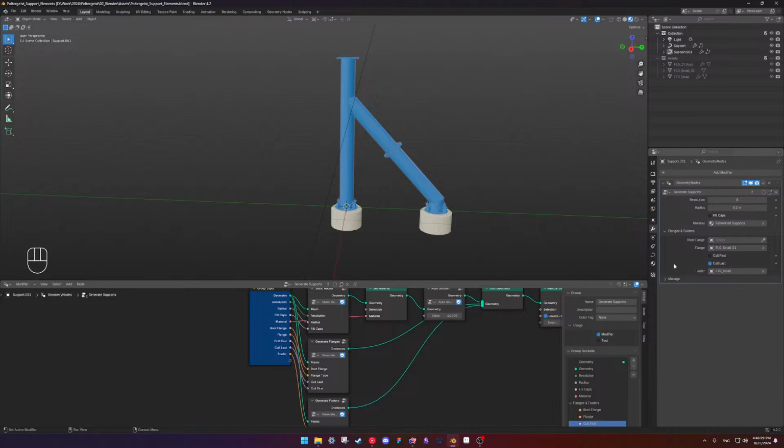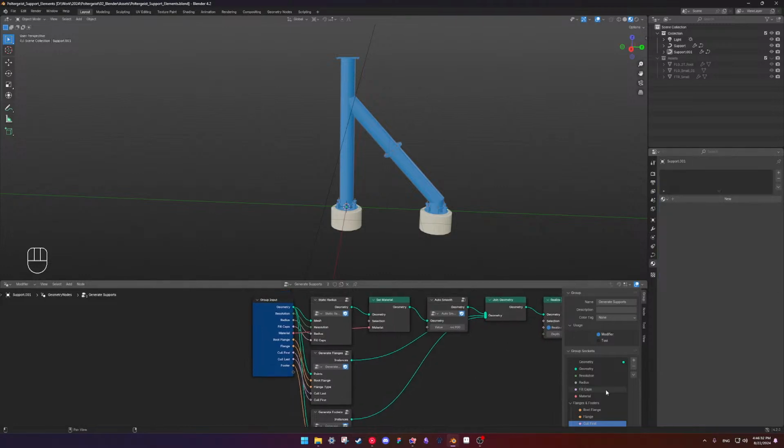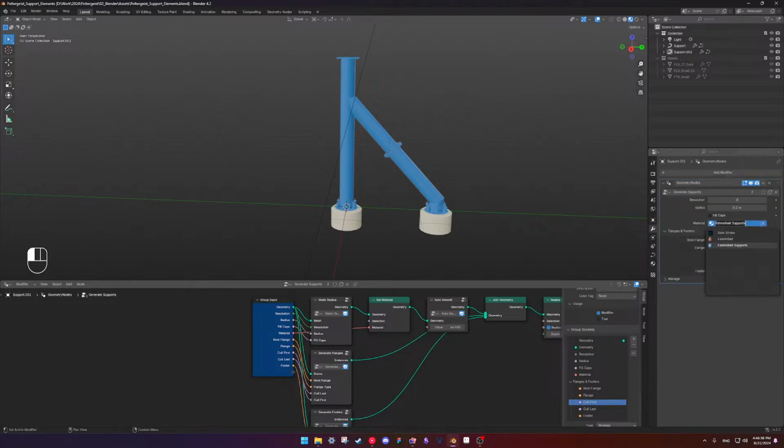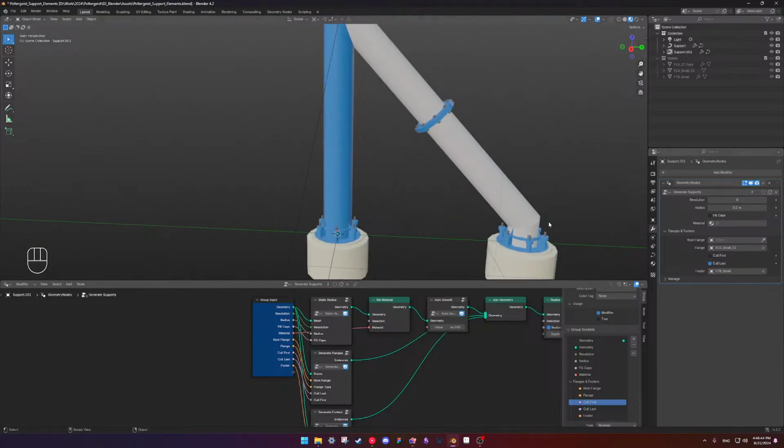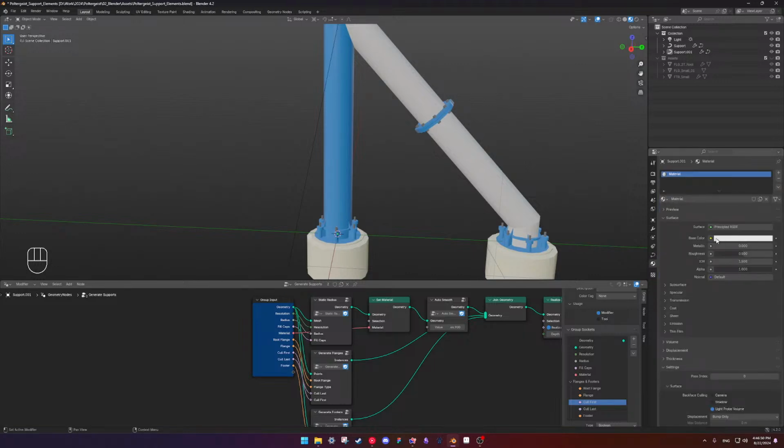Let me go ahead and change the material at least. Whoops. We're gonna call it, oh no. Because I don't want multiple materials. But if I'm using curves, I kind of have to.